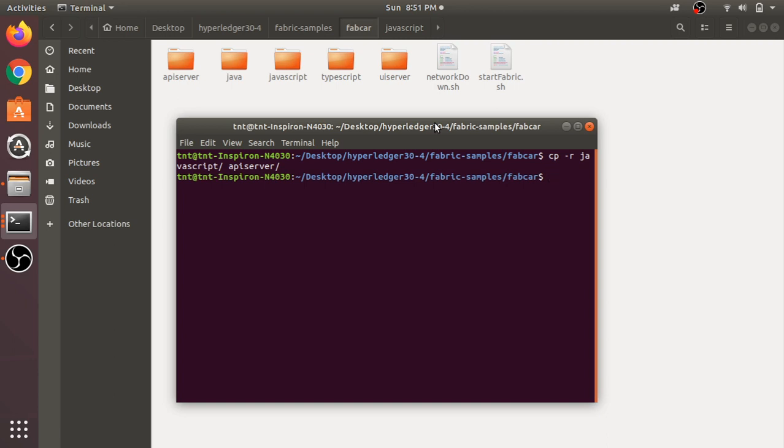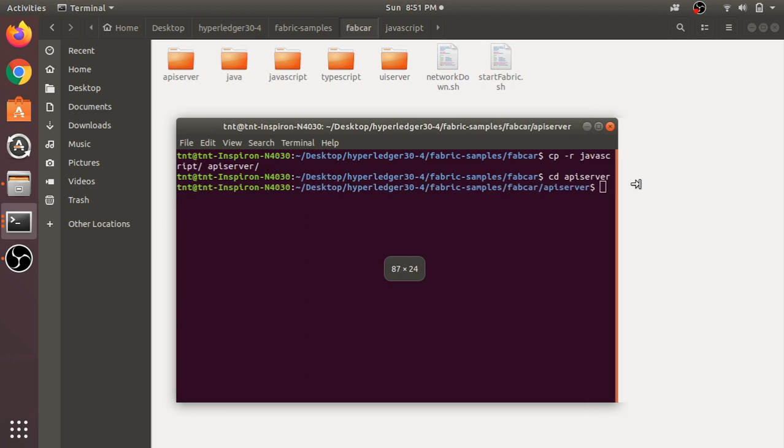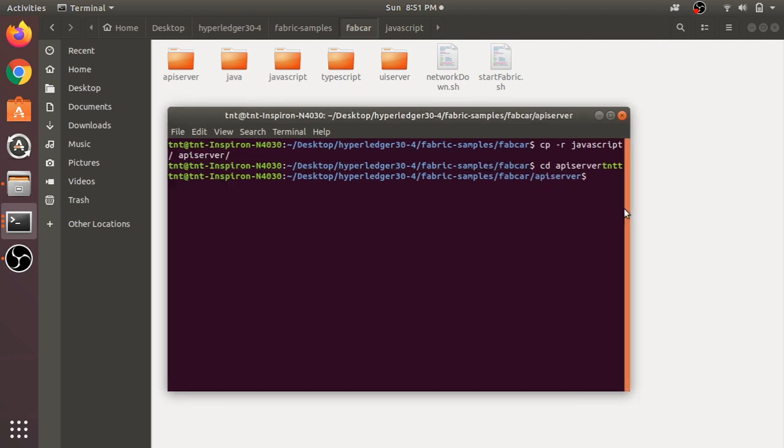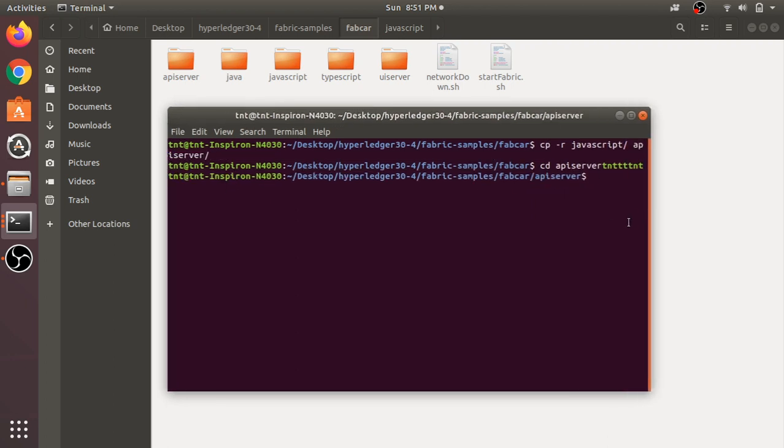Okay, we completed copying the files into the new folder API server. Go to that folder. I already said that we are going to implement it with the help of Express.js, so in order to create these APIs we require some packages.